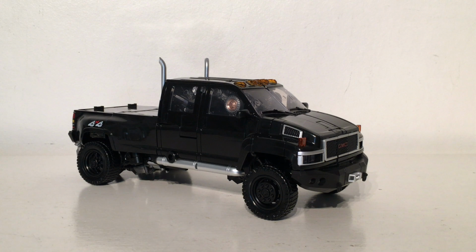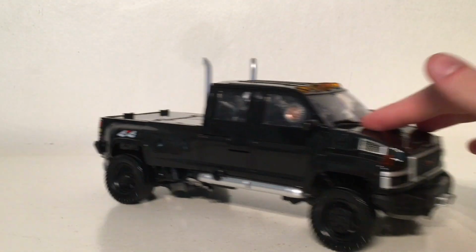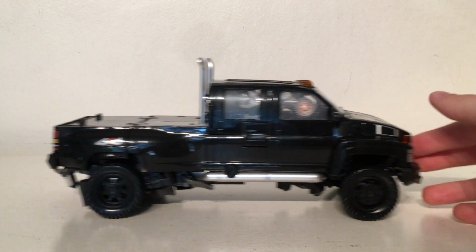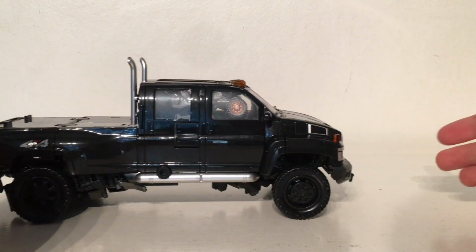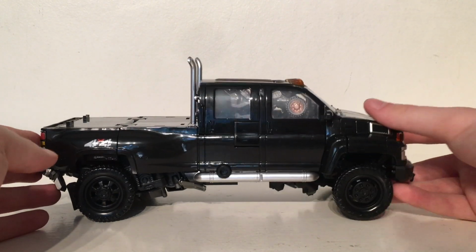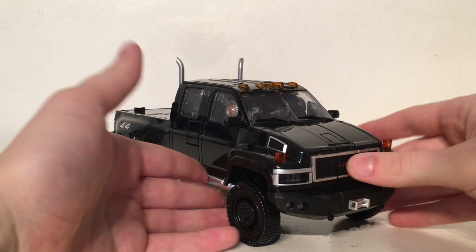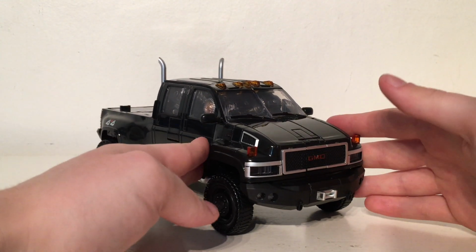Now, another upgrade that this figure also has in his truck mode is that Black Mamba have actually put rubber tyres on this figure, as all MPM figures really should have. I don't believe one figure from the MPM line has had rubber tyres as of yet, which is such a shame, as that really does give a very premium feel and quality to the figure, and I think that it definitely helps evoke that premium sense with this figure, as it does roll exceptionally smoothly and does feel like